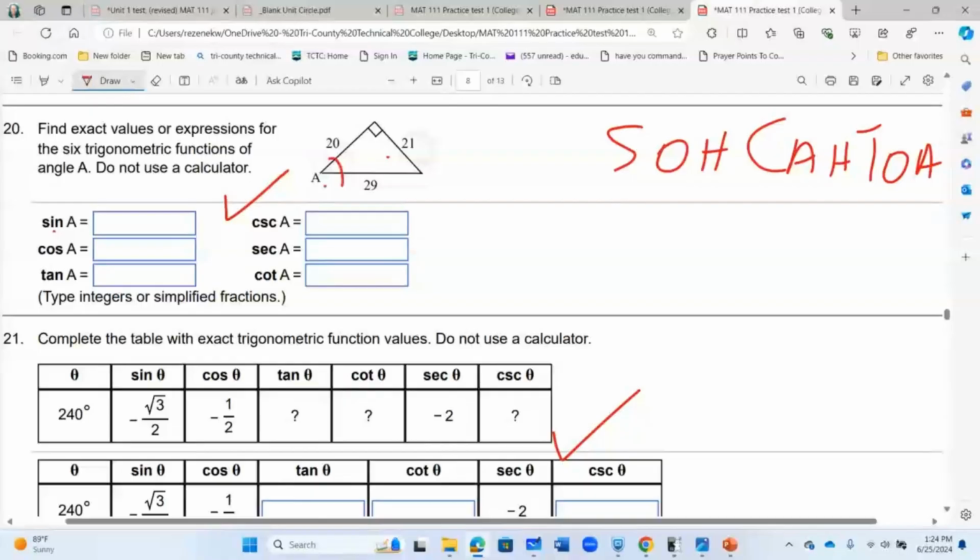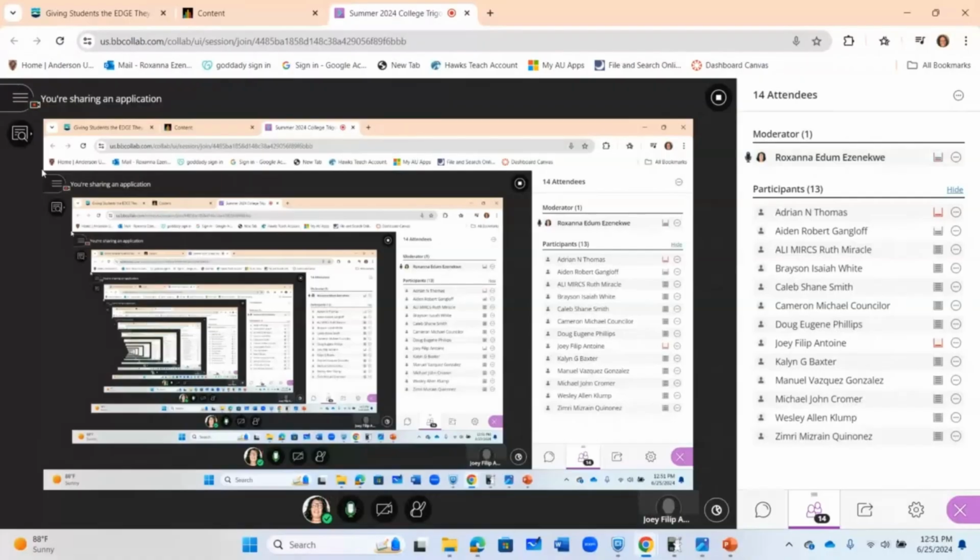Sine A is opposite over hypotenuse. Perhaps search YouTube or Khan Academy. There are so many